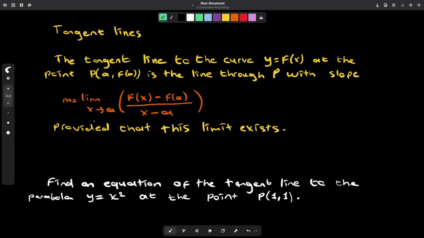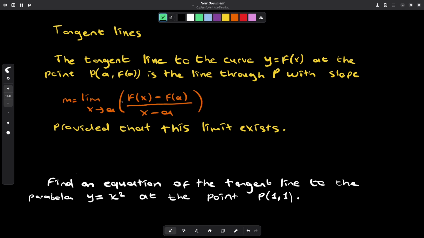Welcome everyone. In today's video, we will talk about tangent lines, velocity, and we will give the definition of the derivatives. The tangent line to the curve y equals f(x) at the point P(a, f(a)) is the line through P with slope